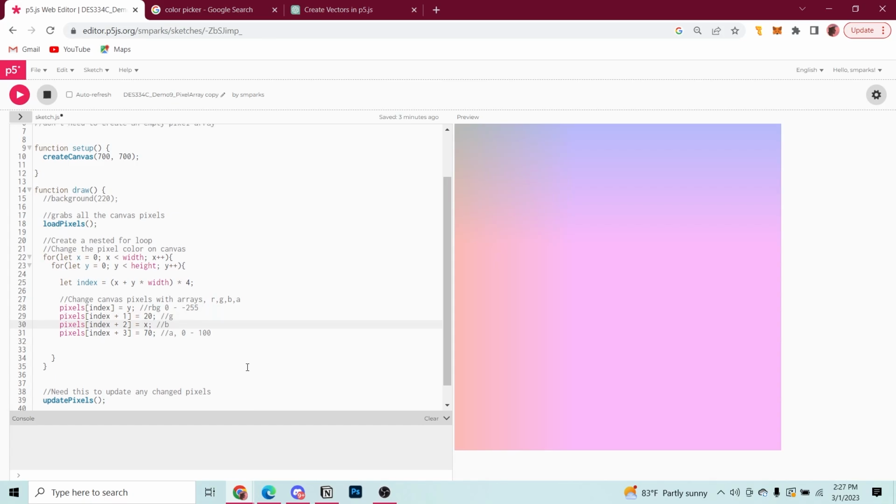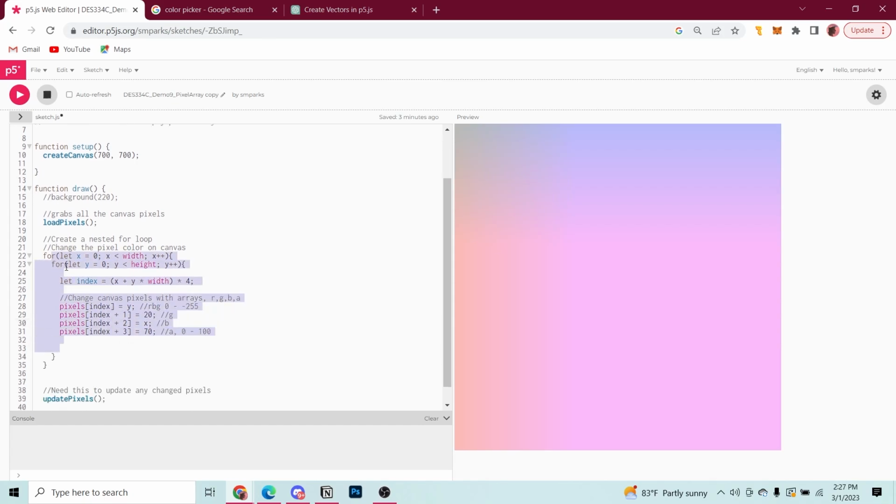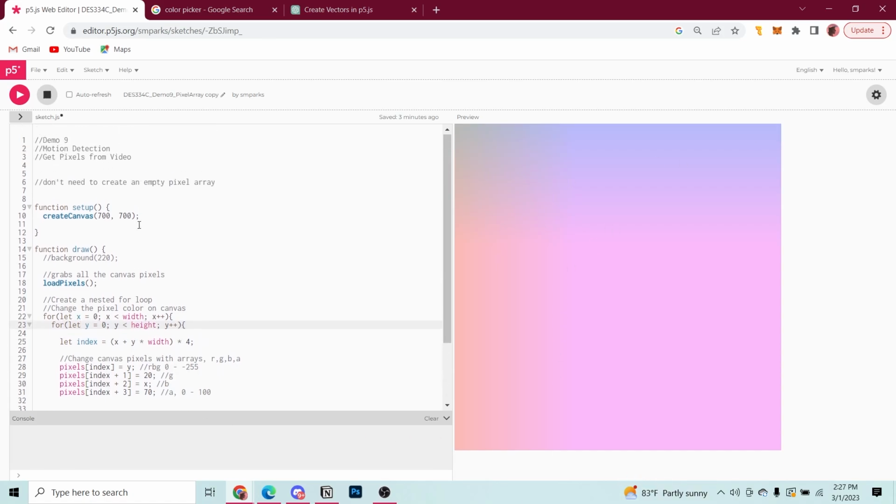So that is how we make a nested for loop and read every pixel on the canvas. So the next sketch that we're going to do, using the camera capture or createCapture and pixel array, we're going to create motion detection. So let's do file